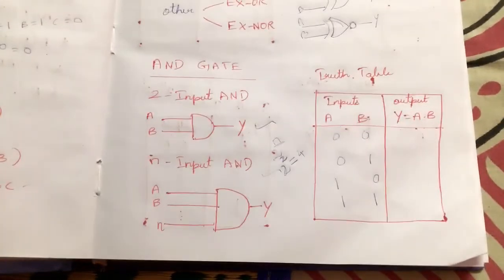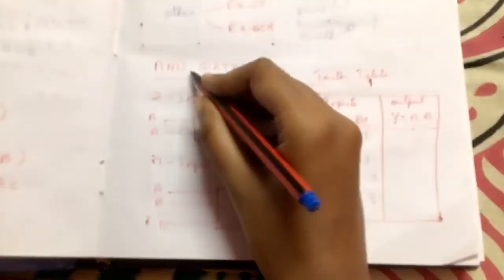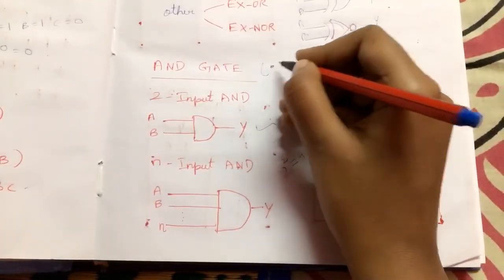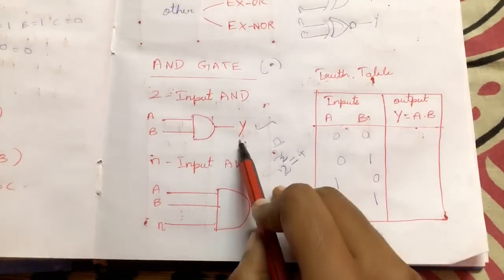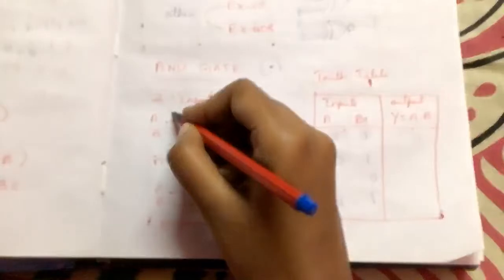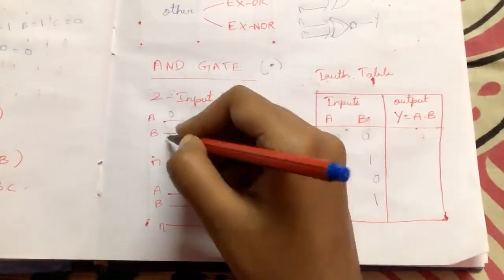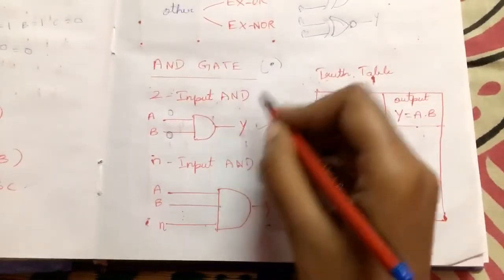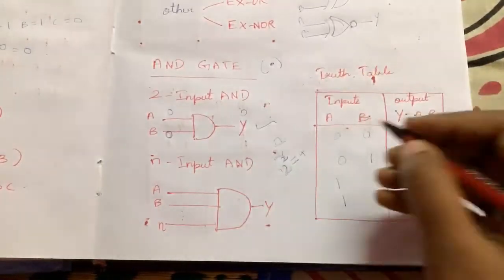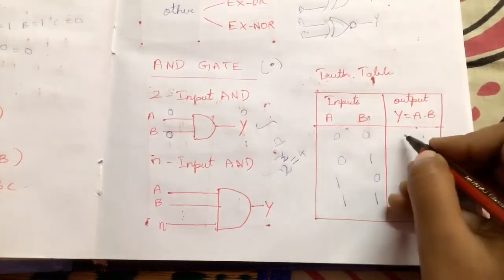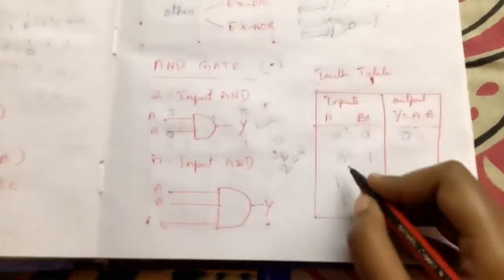One thing you always need to remember: the symbol for AND is the dot operator. So AND will always be represented with the dot operator. Here we are giving an input. I am giving the input as 0, 0, which means it will do the dot, that is multiplication. So 0 into 0 we will get as 0. 0 into 0 we will get as 0.